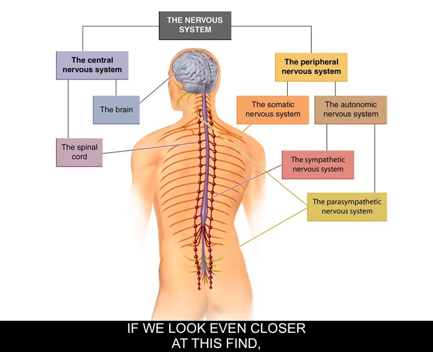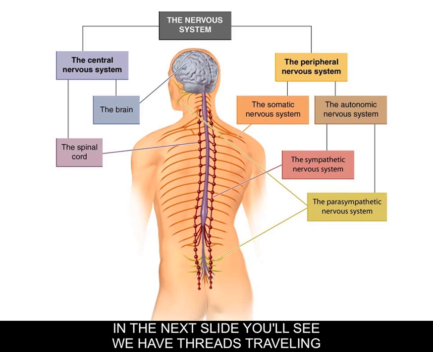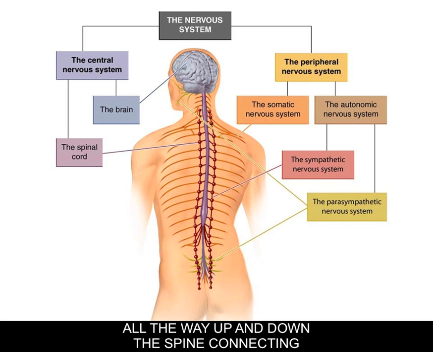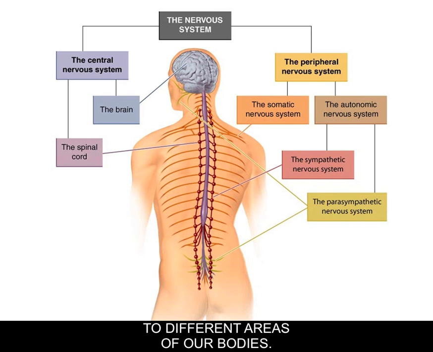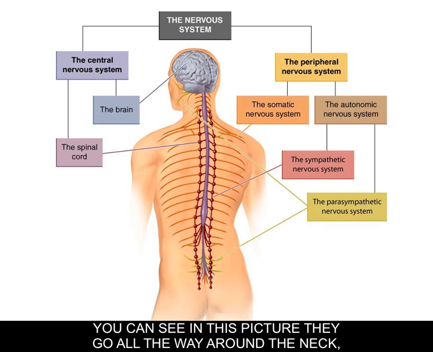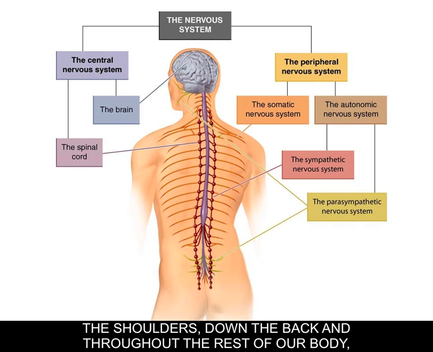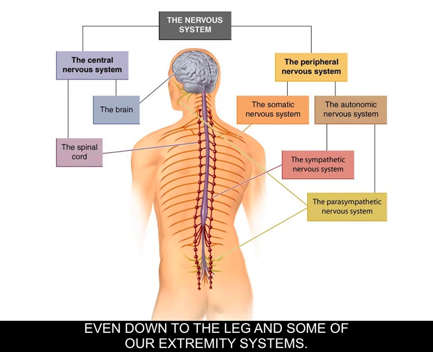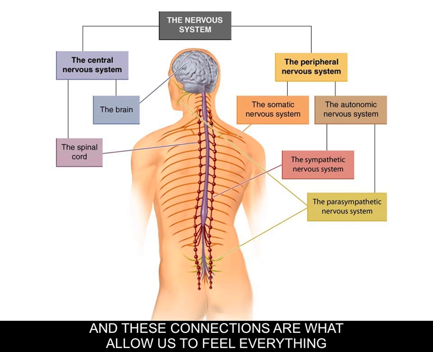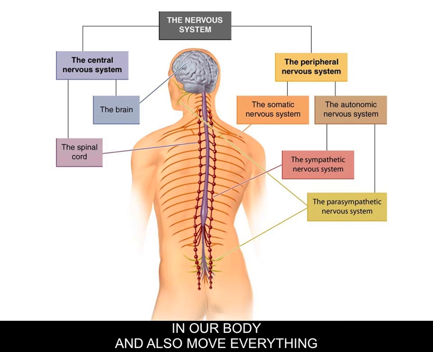If we look even closer at the spine, in the next slide you'll see, we have threads traveling all the way up and down the spine connecting to different areas of our body. As you can see in this picture, they go all the way around the neck, the shoulders, down the back, and throughout the rest of our body, even down to the legs and some of our extremity systems. And these connections are what allow us to feel everything in our body and also move everything in our body